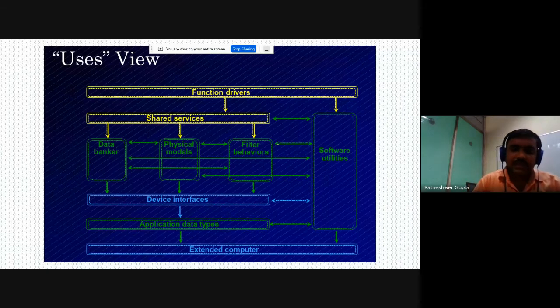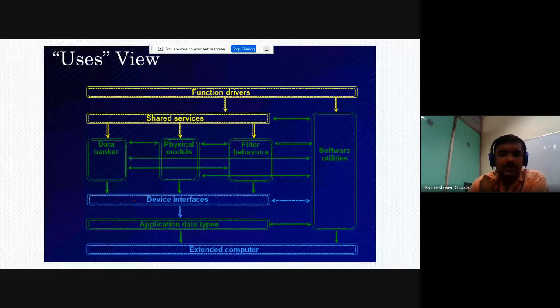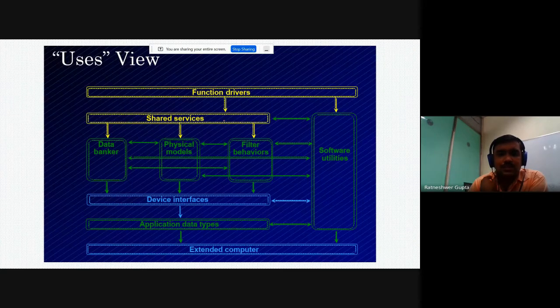Here we do not emphasize the flow of the data, but the main emphasis is on what the main components required for this architecture are. For example, we require an external computer, application data types, a device interface, some internal processing, some shared services, some functional services, and software utilities at all levels. So this does not show the flow of data in the system, but it mainly says what the main components are that we require.